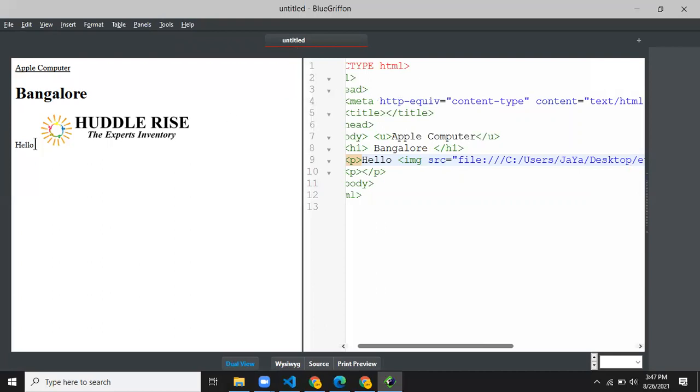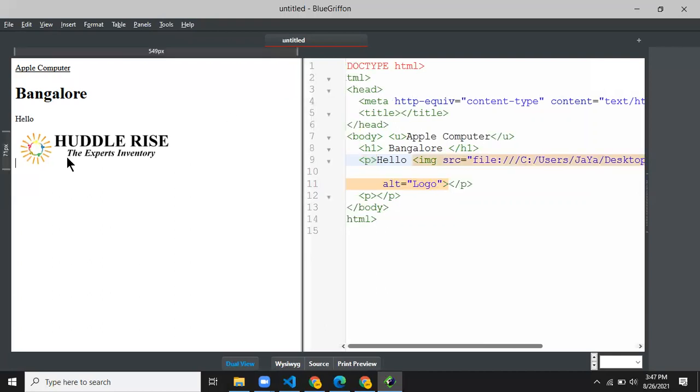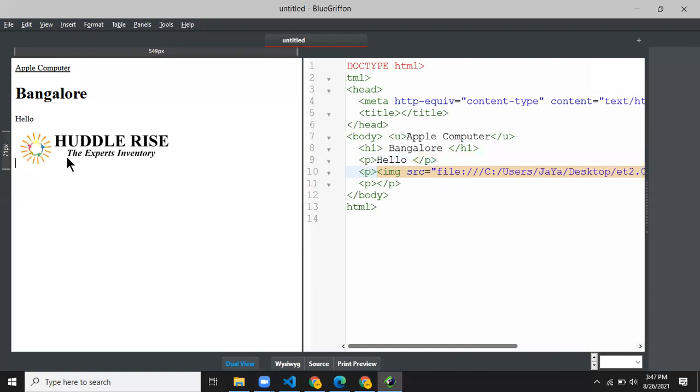So next to this, I want to place it in the next line. You can just place it in the next line. So the new line character can be added over there, right? So like this, these are the kind of softwares which will help me to design my web pages with minimum knowledge. Okay, you can use them also, right? Okay. So any questions over here? How we are going to use them? You can explore it on your own. No issues in that. It's a very simple software.